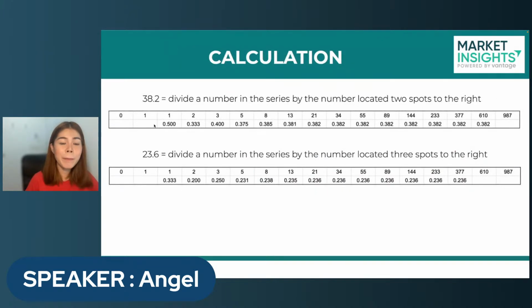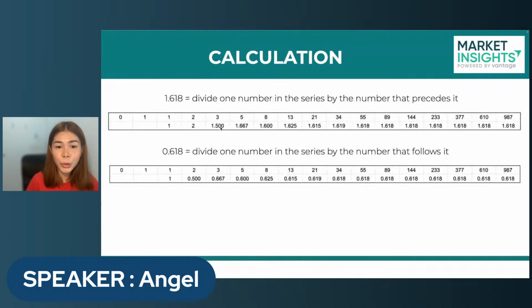38.2 comes from dividing a number in the series by the number located 2 spots to the right. Therefore, 1 divided by 2 is equal to 0.5. 1 divided by 3 is equal to 0.33. 2 divided by 5 gives you 0.4, until it goes consistently over here, where it's going to give you consistently